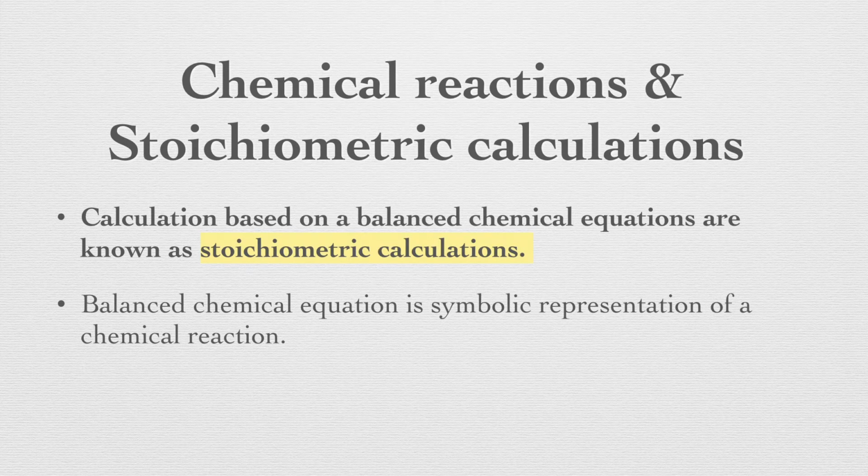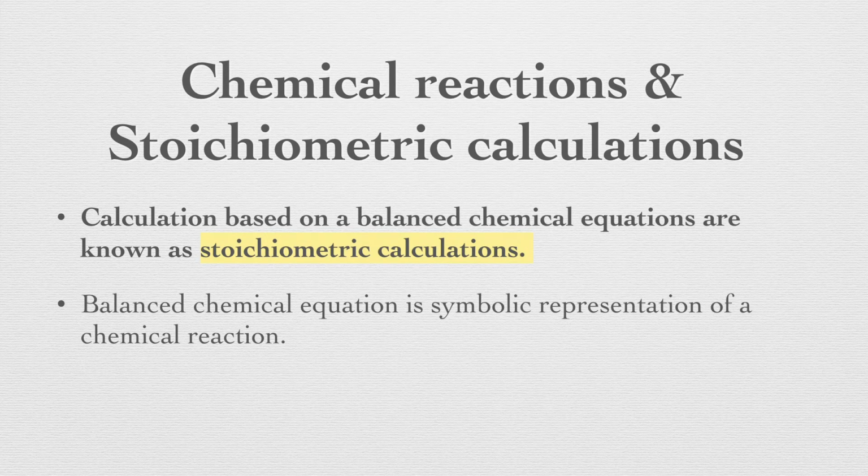And when we equate equal number of atoms of each of the elements on both sides, then we say that the reaction is balanced. Once you know what a chemical reaction is, for example, if I want to write the chemical reaction for the formation of water, I will write H2 plus O2 will give me H2O. But this is just a chemical reaction. Now if I want to write the balanced chemical reaction, it will be 2H2 plus O2 will give me 2H2O.